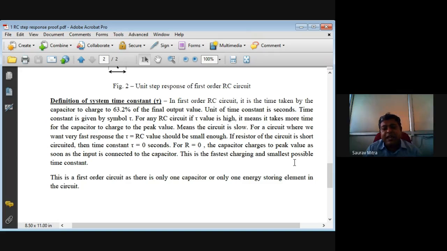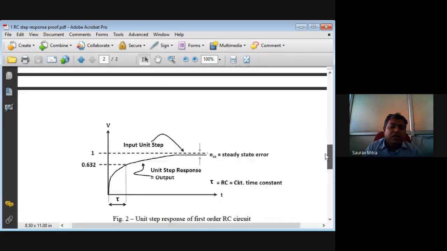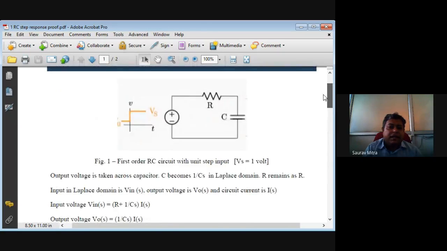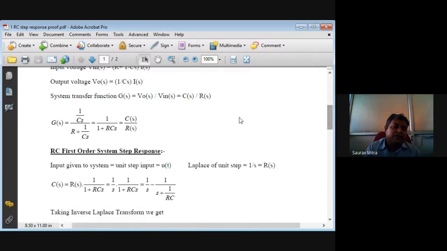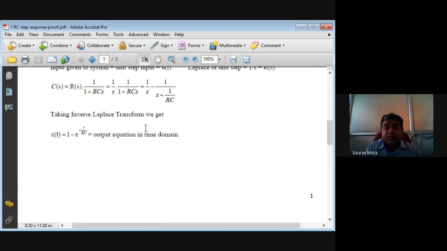So this is a first order circuit, and as there is only one energy storing element, the capacitor, the circuit order is equal to 1. So I think I have answered all the questions that were shown: show an RC circuit and prove its transfer function. The transfer function C(S)/R(S) is 1/(RCS+1). Then find its step response. Substitute R(S) equal to 1/S, take the value of C(S), take the inverse Laplace transform, and get C(t). So C(t) is equal to 1 minus e raised to minus t/RC.